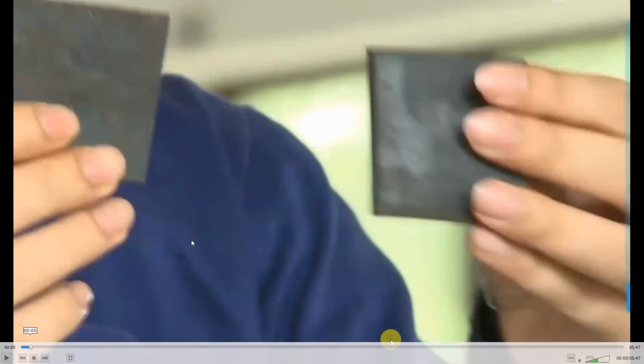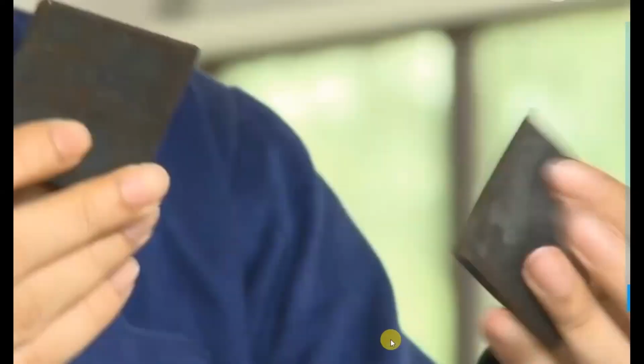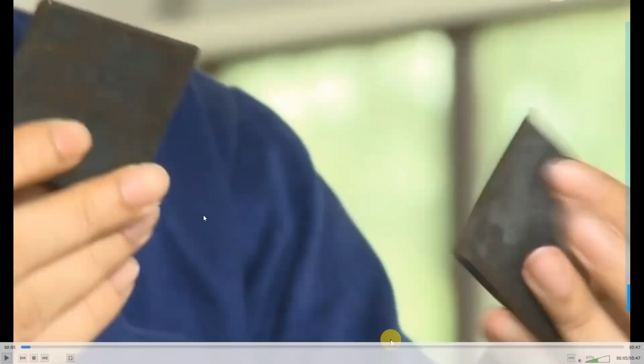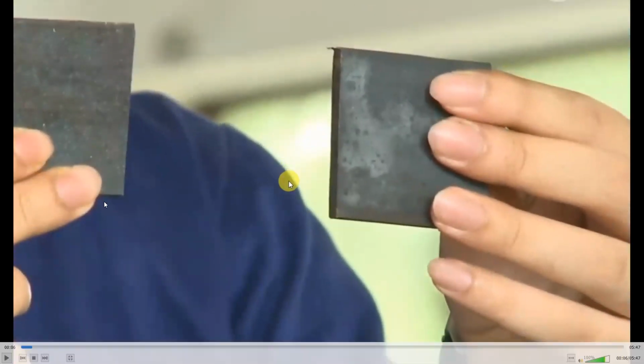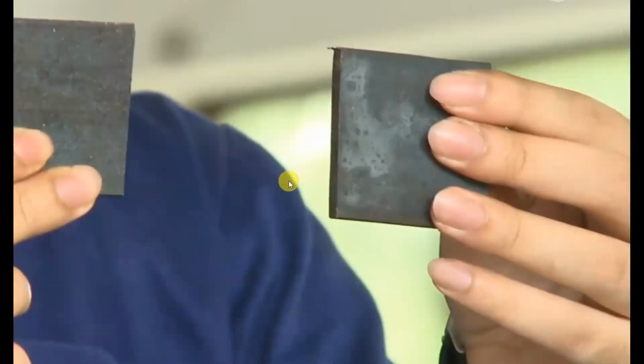When you start this operation for the fitting workshop, initially you will be given the raw material. The raw material will be in two pieces. These are the two MS metal workpieces. Now we have to polish this and make it exactly square to the given dimension. I think it is 50 by 32.